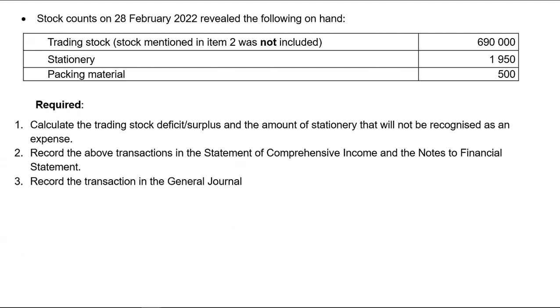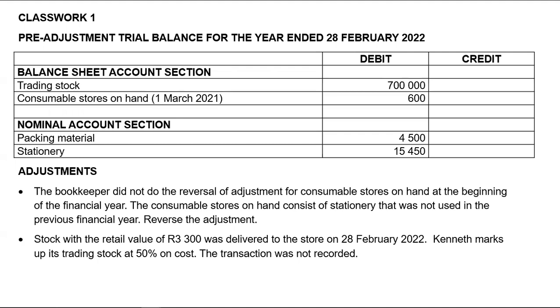So we will need to include it in that 690 to get the total stock that would have been counted. One of the reasons why this was not counted is because those goods were only delivered on the last day of the financial year. Probably that's why they were not counted. They were delivered on the last day, on the 28th of February